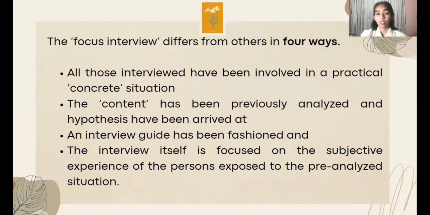The focus interview differs from others in four ways. All those interviewed have been involved in a practical, concrete situation. The content has been previously analyzed and hypotheses have been arrived at. An interview guide has been fashioned and the interview itself is focused on the subjective experience of the persons exposed